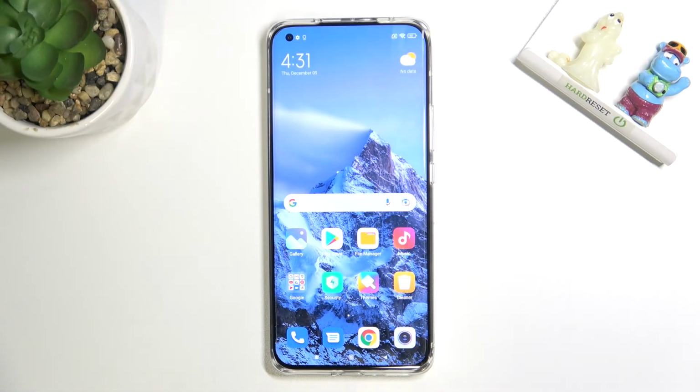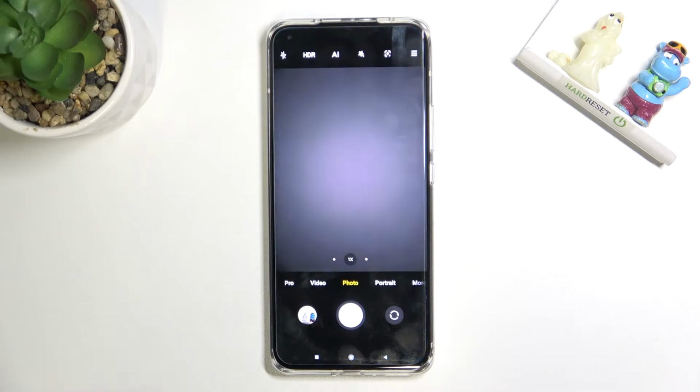Welcome, here I've got Xiaomi Mi 11 Ultra and let me show you how to activate image stabilization while recording a video at this device. So let's start by tapping on camera button to open it, and for now we are on standard photo mode,